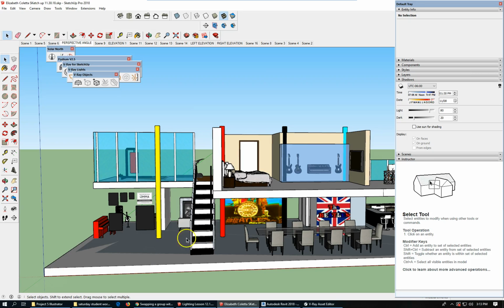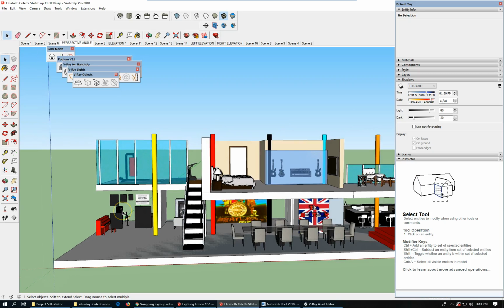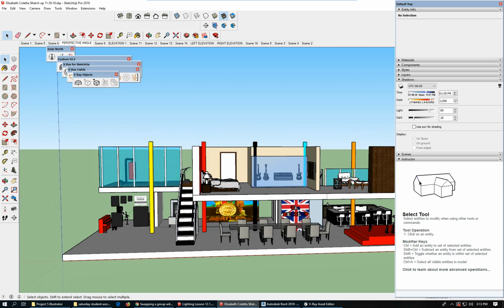This is Elizabeth Coletta's model, and we have a question about outputting to Illustrator scale drawings. So the first thing we need to do is come up with a floor plan somehow. 90% of the difficulty here is setting up the output. So let's go to a scene